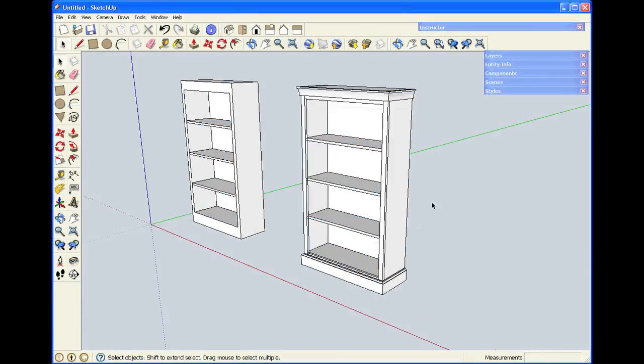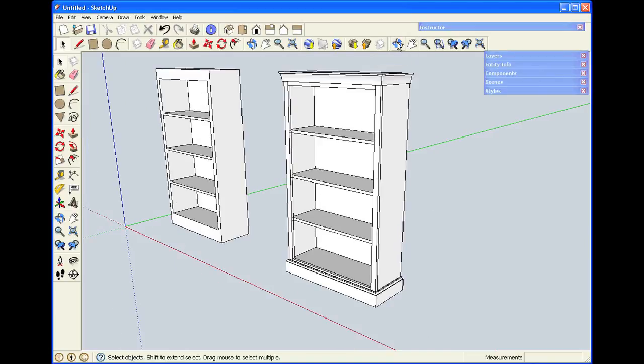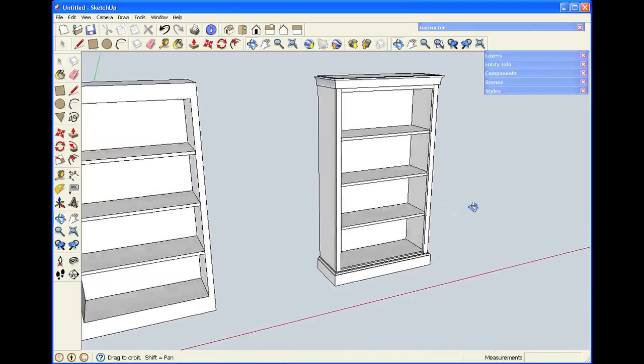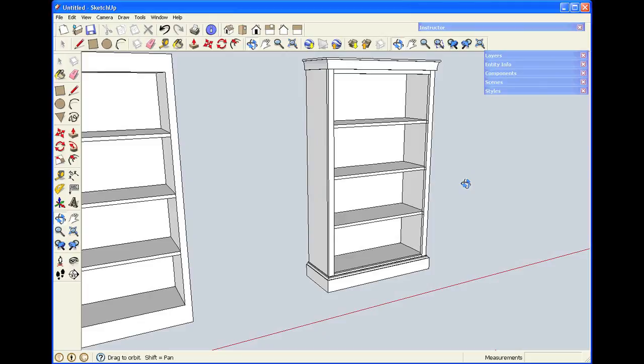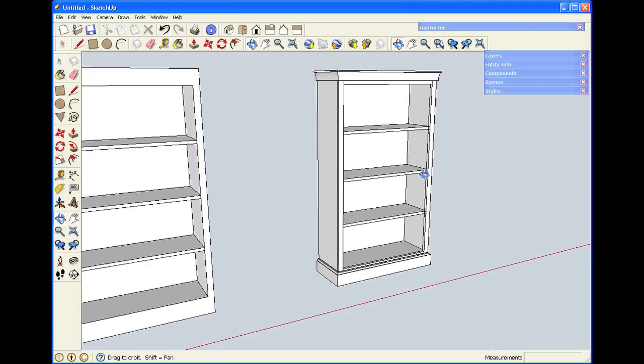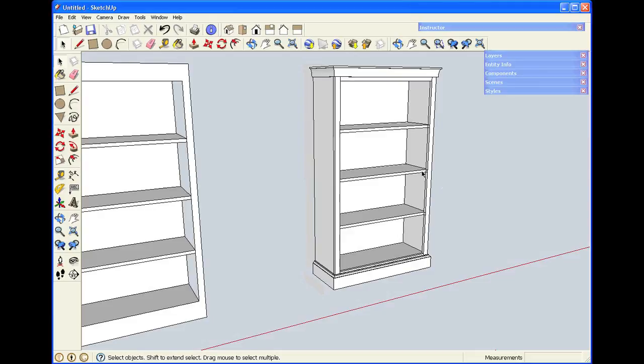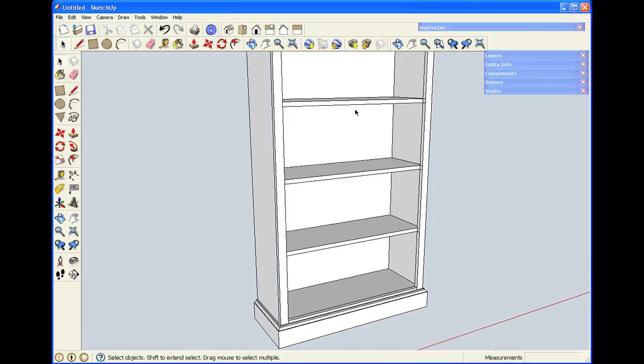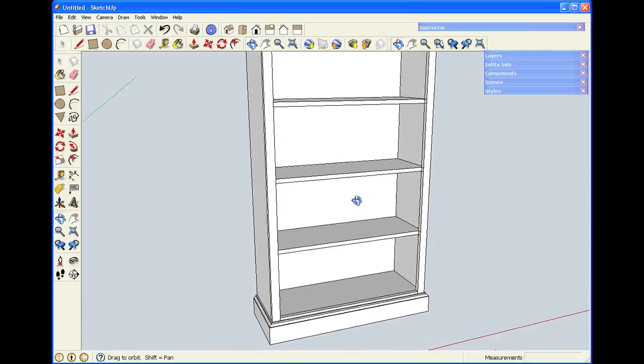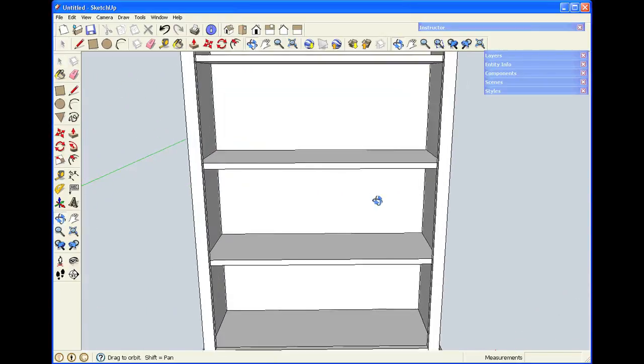Now that I've added the moldings, I can see there's a couple of things I'm not real happy with in this model. I'd like to add a face frame, another rail at the middle shelf, maybe 1.25 inches wide. Well, what that'll do is it'll spoil the spacing that I've got between the other shelves. If I were drawing on pencil and paper, that would mean a lot of erasing, a lot of redrawing to